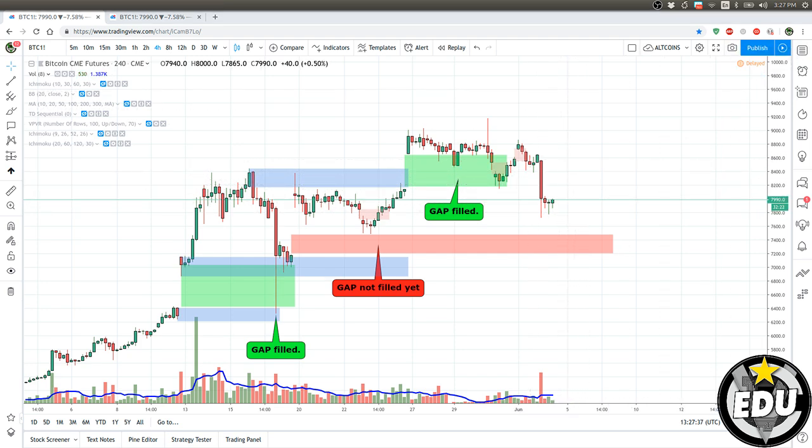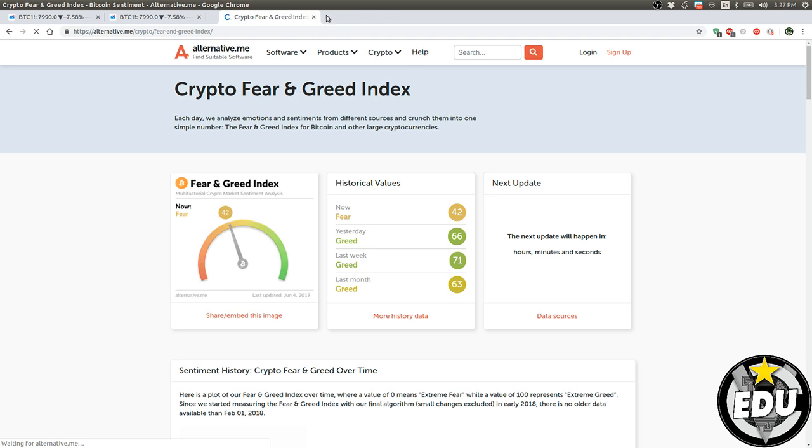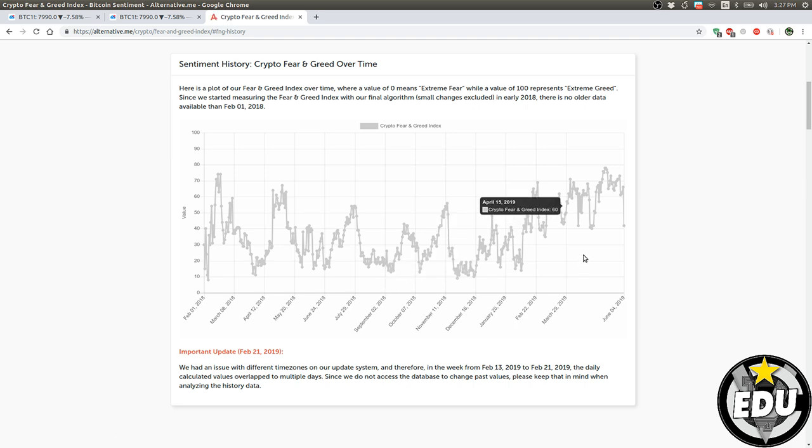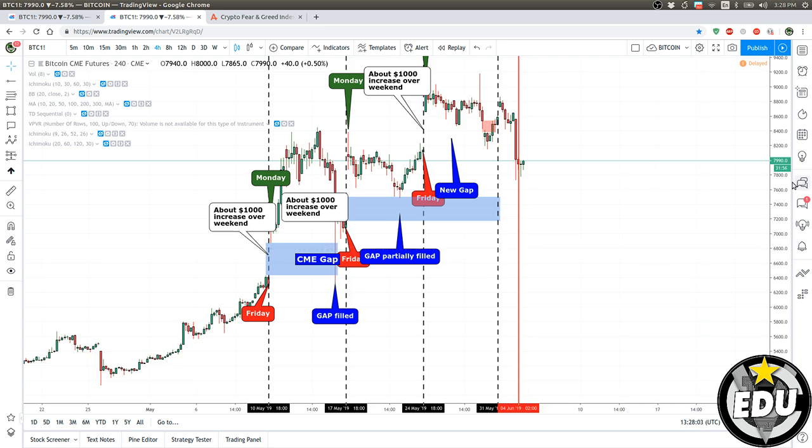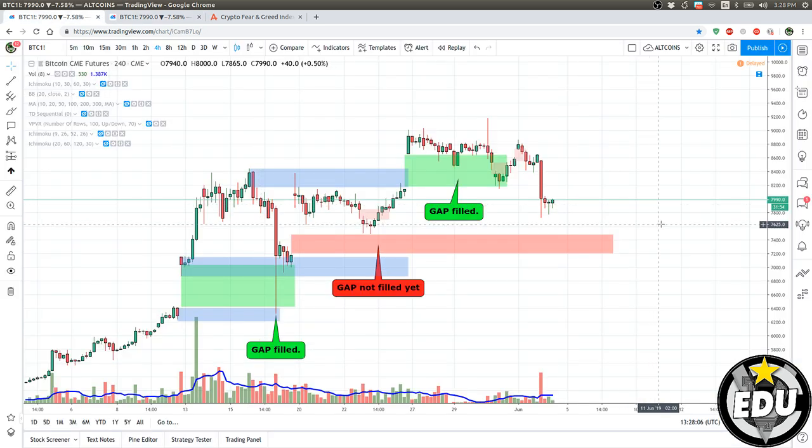Let's see the greed index. What's it telling me? The greed is, oh, it's a 42. Wow. Dumped fear in the market. 42 from 66, 71, 63. Damn, 42 is bad. 42 is really bad. There's fear in the market, so sentiment might turn bearish. Fear, people sell. Okay.